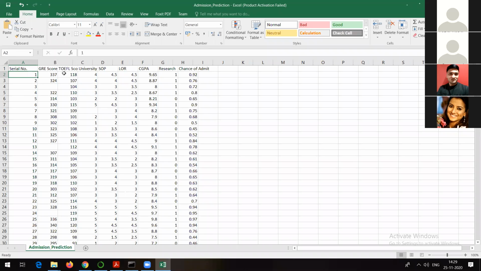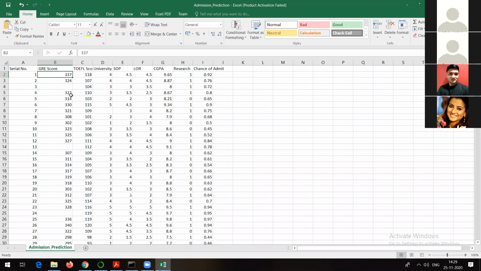Next is GRE score. Now you can see in GRE score column, first person has got 337 marks out of 340. Second person has got 324 marks. But third person, if you go and try to see, it is blank, right? So in previous sessions, you might have learned about something called missing values, or NA values, or NaN values, or null values. All those things are one and the same. So we need to handle those values. So see, here also missing, here also it is missing. So it means that in GRE score column, there is a problem. Similarly, there is a problem in TOEFL score also.